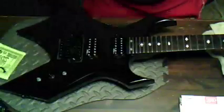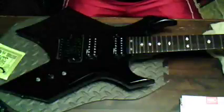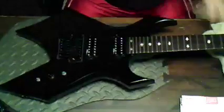Okay, guys. Now I have to decide how I'm gonna string this guitar. There's several ways to do it. Generally what you do with these is you